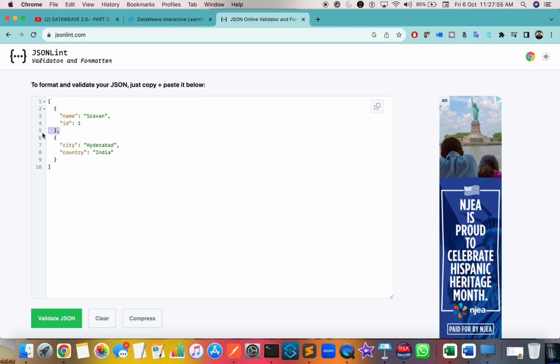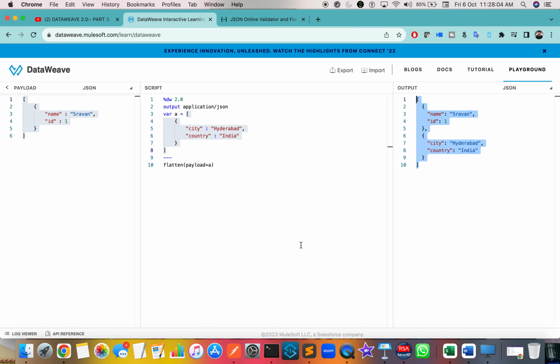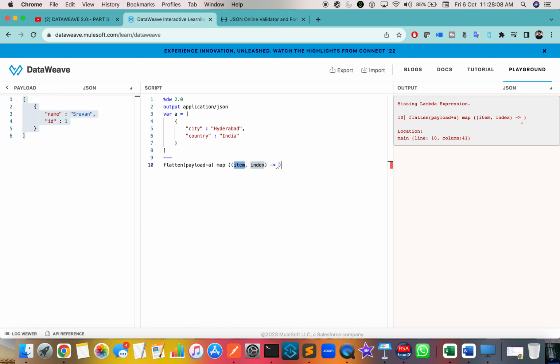So here he doesn't want this extra stuff, like the comma. He wants something like this. He wants it to look something like this. So what to do on this, right? What you can do is use map,